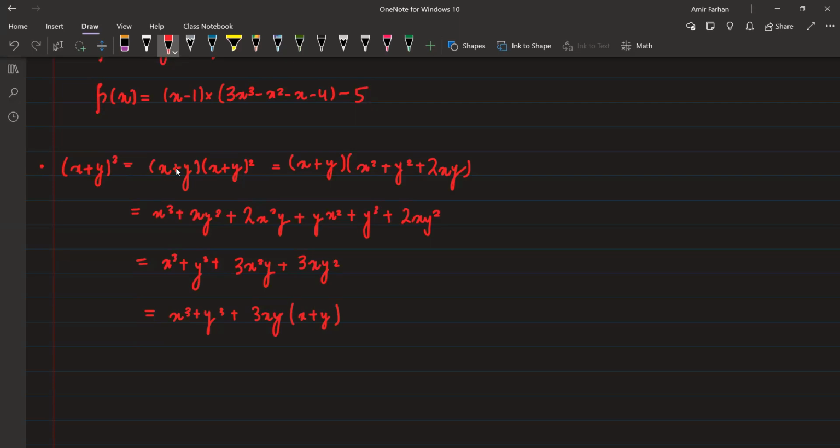एग्जाम टाइम में एटलीस्ट आप 2 या 3 मार्क्स अपने डिडक्ट होने से बचा लोगे, अगर आपके पास इतनी स्पीड है कि आप जल्दी से फाइंड आउट कर लो। तो आपके फिंगर टिप्स पे होनी चाहिए आइडेंटिटीज, दैट व्हाट इज x प्लस y होल क्यूब, व्हाट इज x माइनस y होल क्यूब, व्हाट इज x क्यूब माइनस y क्यूब, व्हाट इज x क्यूब प्लस y क्यूब, व्हाट इज x प्लस y प्लस z होल स्क्वायर।